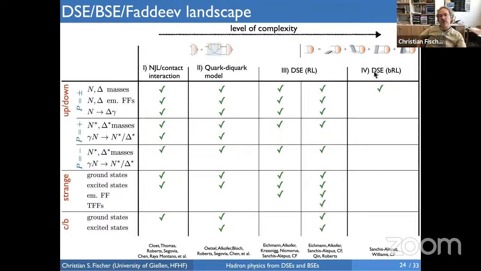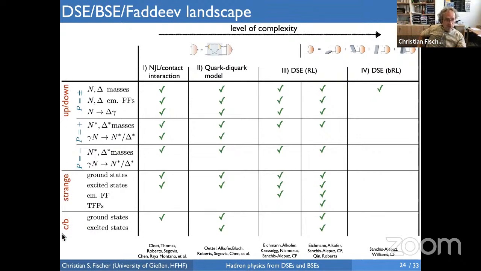All of these approaches are justified. We need the results from all of these approaches, and we need a comparison of results from all of these approaches to get the whole picture. For example, it's very interesting to compare an NJL calculation with a full-fledged rainbow ladder calculation, because here you take into account momentum dependencies in the quarks, in the diquarks, and so on, which are not present here. And the differences in the result actually tell you something about the momentum running of observable quantities, which depend on the momentum running of underlying quantities like the quarks, like the quark mass, for example.